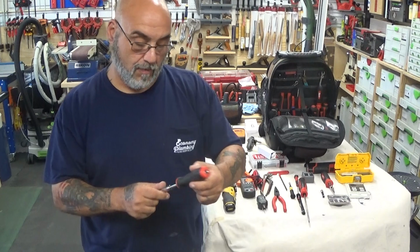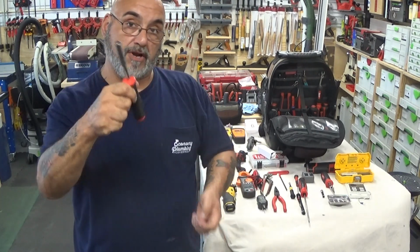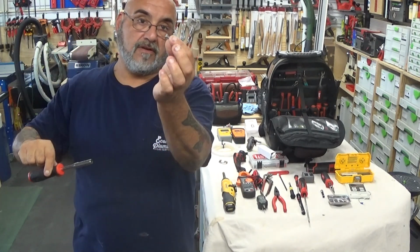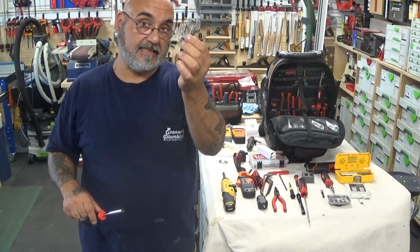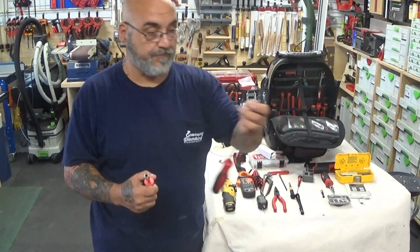I don't know them offhand, but 5/16. Again, another Snap-on nut driver, and that will take out the gas valve screw. Now, it does have a Phillips in it, and it's a 5/16 head. So you can use a good Phillips screwdriver to remove it,